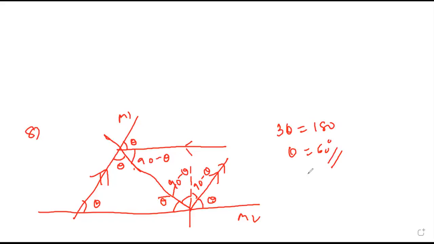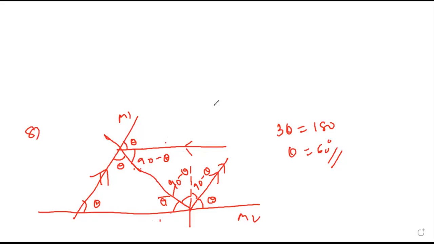But I have a question. After you proved theta, and then 90 minus theta, and then theta, wherever there's 90 minus theta, can we use alternate angles to find the other angle? Alternate means 90 minus theta and this theta. Then there would be a different answer. These two lines are parallel. This angle and this angle will be 90 minus theta, and this is theta. Okay, I got what you are saying.